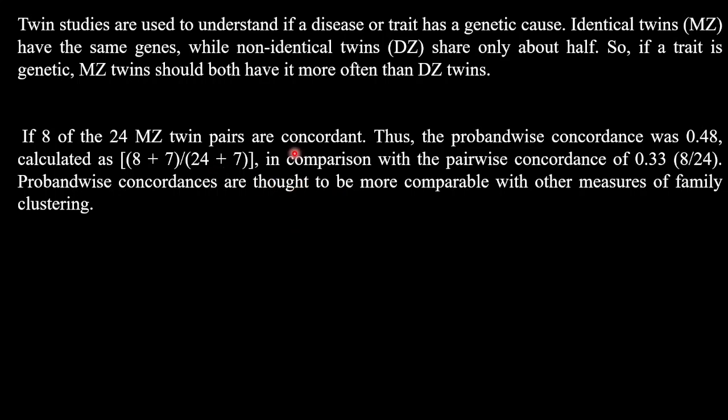So one is the pairwise concordance. Pairwise concordance means, if suppose 8 of the 24 twin pairs are concordant, then you can calculate the pairwise concordance. So it is like 8 pairs are concordant out of 24. So 1 by 3. The other is the probandwise concordance,